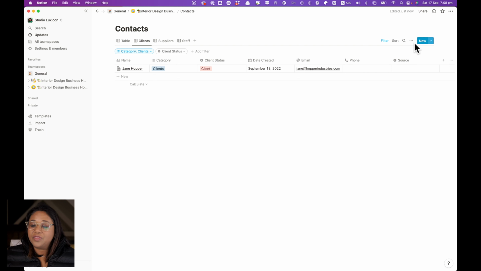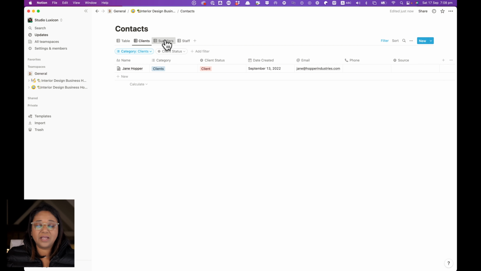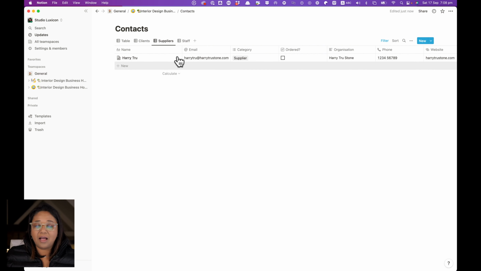The interesting thing about this is that you can switch on and off the properties that you display. If the ordered category is not relevant, or we don't want to see the website, whatever you don't want to see, you turn off, and whatever you do want to see, you turn on. For the suppliers category, again, I can create a filter,